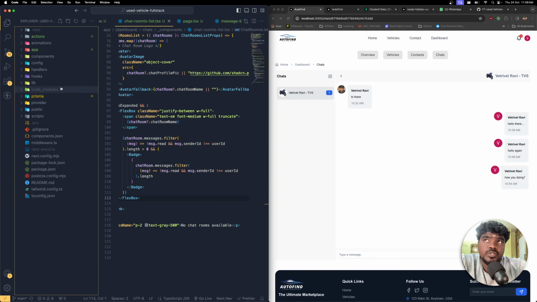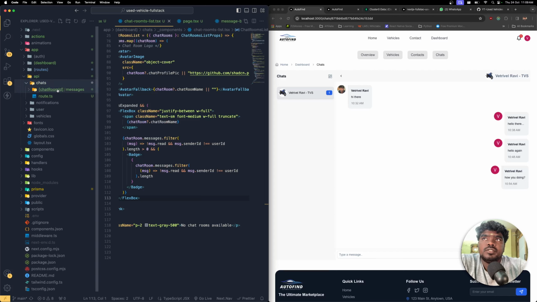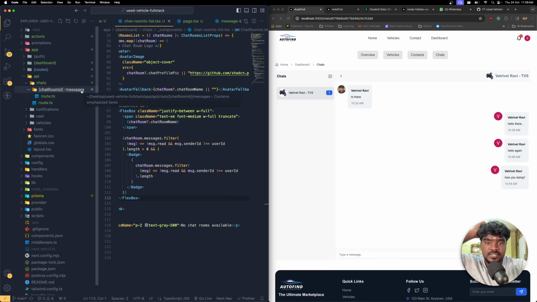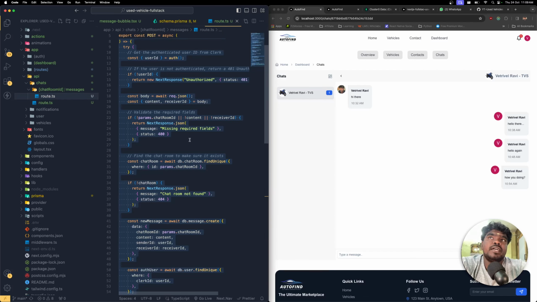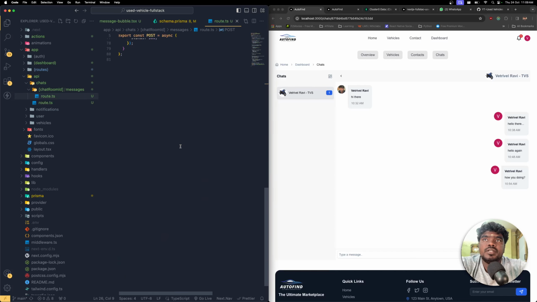Now all I have to do is get into the app API folder and chatroom ID. Okay, so for the messages, this is the place for these messages. I already have the route where I can create the post messages, right? So here now what I have to do is I need to mark the messages, right? So inside the